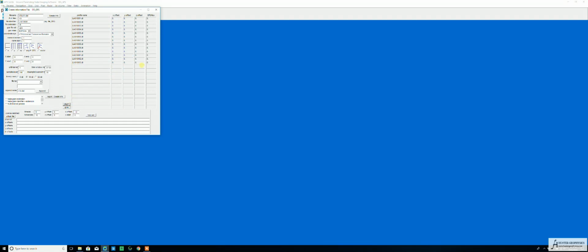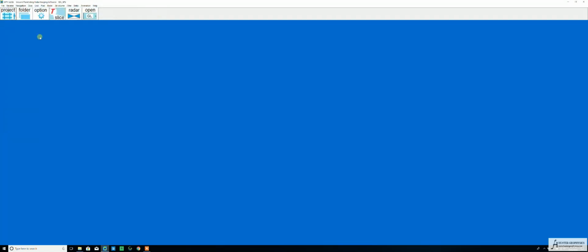Now, by the way, if you don't see this section down the bottom here, don't panic. This is the multi-channel section, which is only available if you pay extra for the multi-channel add-on. So don't worry about that. We don't actually need it for this anyway. So click close, and then we're going to go edit info file,